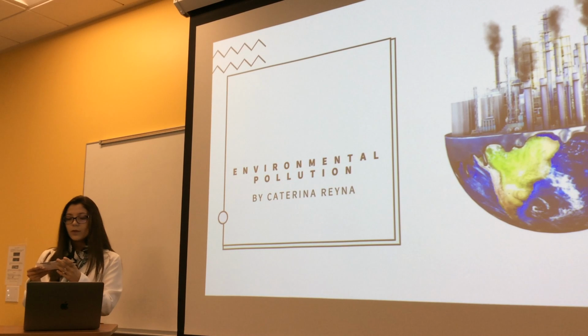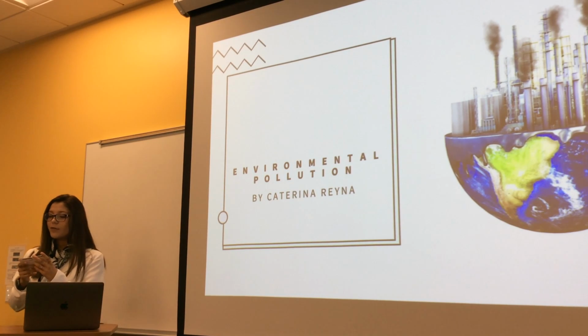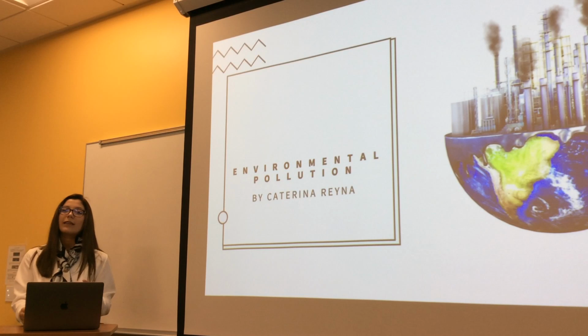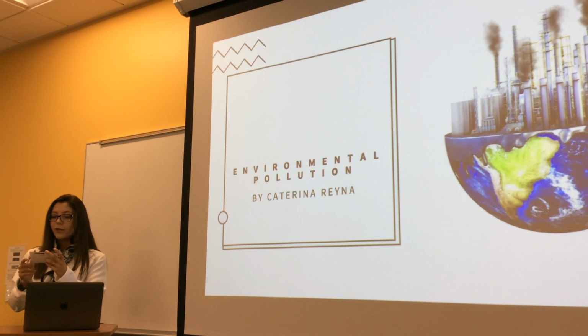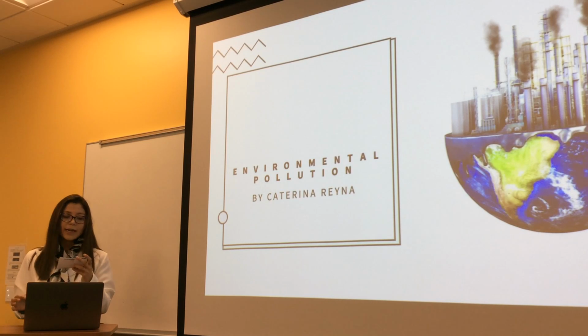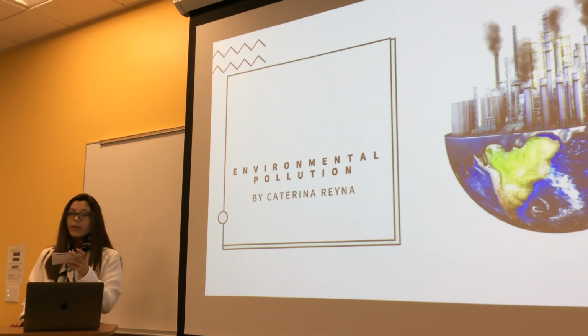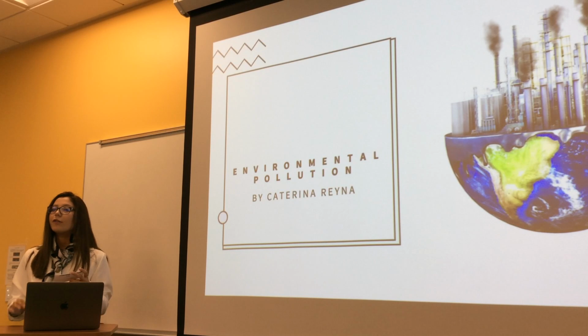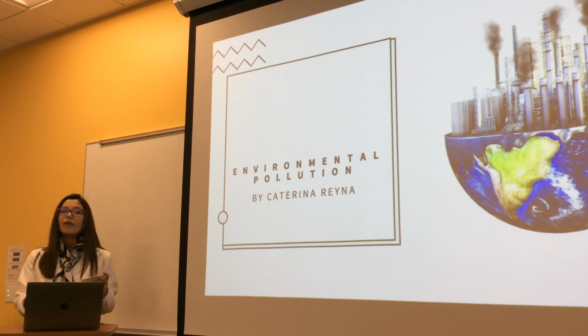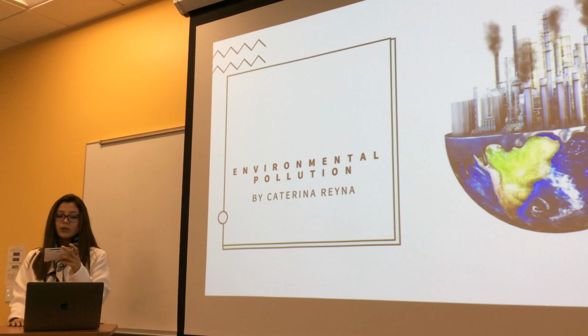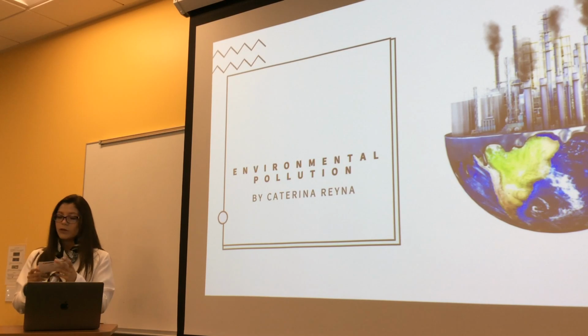Now that I have discussed the different types of environmental pollution, I will explain the main hazards it entails for human society. According to the World Health Organization, air pollution kills nearly 9 million people every year. The real effects of environmental pollution are not felt by countries in the first world, but rather by countries in the third world, where they are exposed to particle pollution, toxic pollutants, and coexist with smoke.